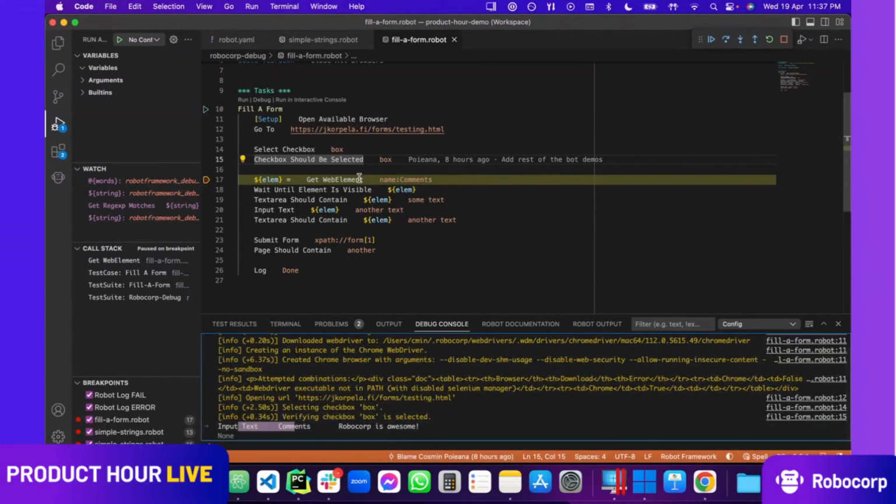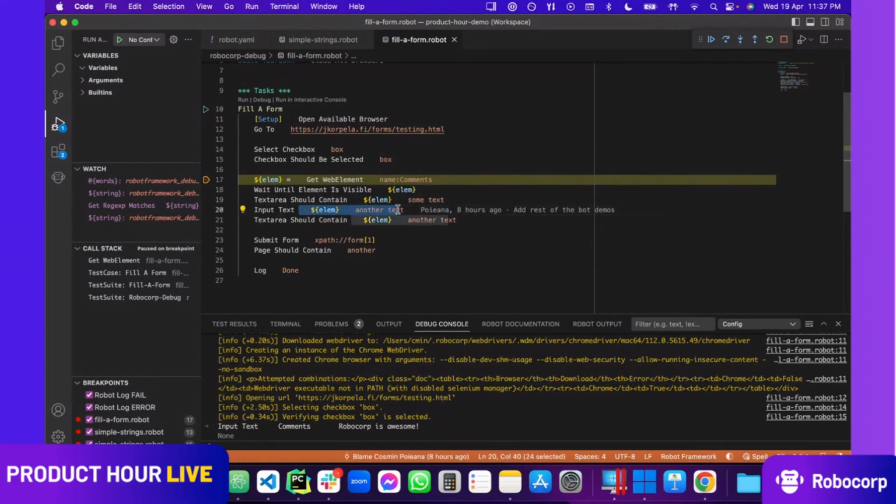And what I'm doing in my code, I'm using the same locator. I'm also prefixing it with a name because I'm telling explicitly that I'm looking for a name equaling comments, and then I'm retrieving that web element, waiting for it to get visible. I'm doing some checks. The initial check is to see if there's some text inside, like literally these two words.